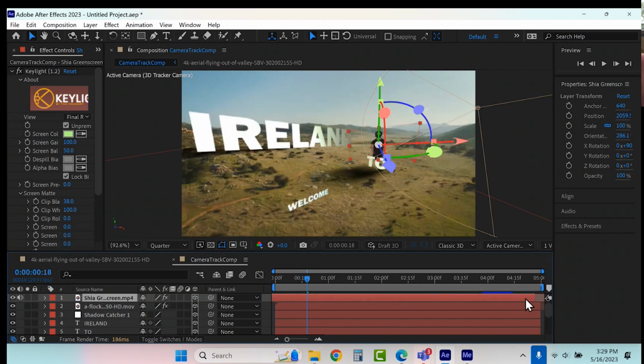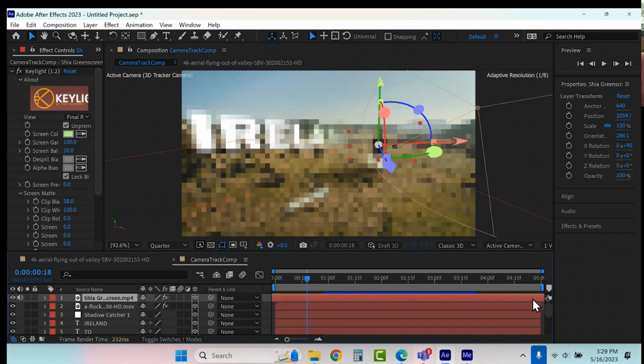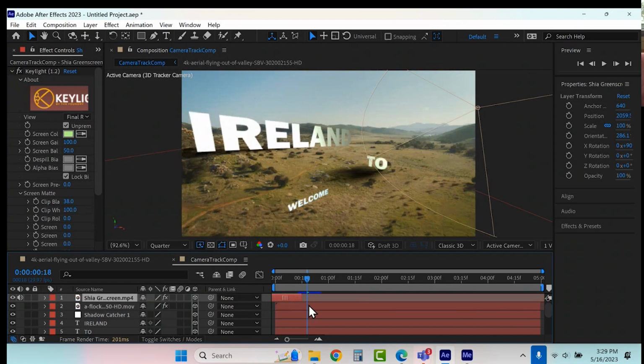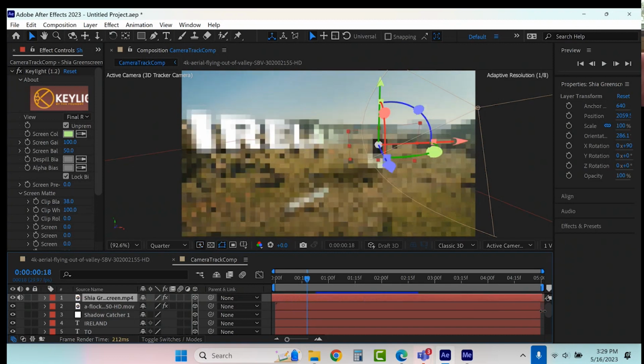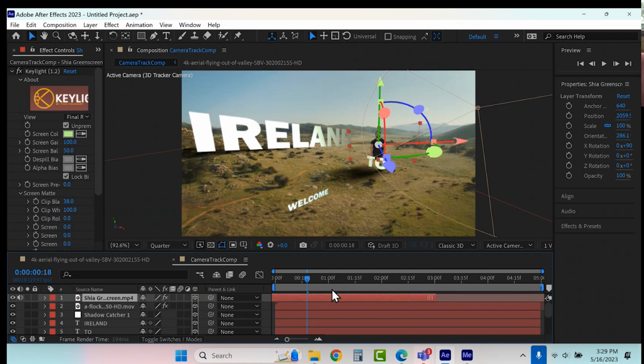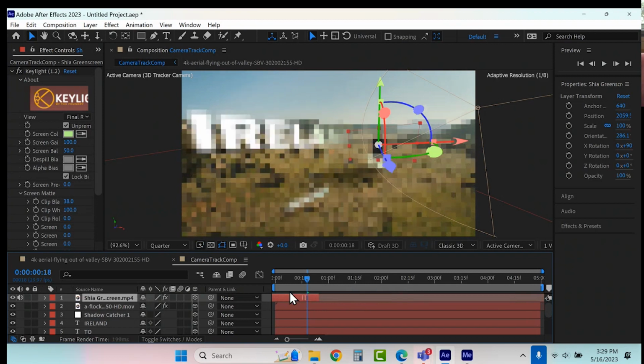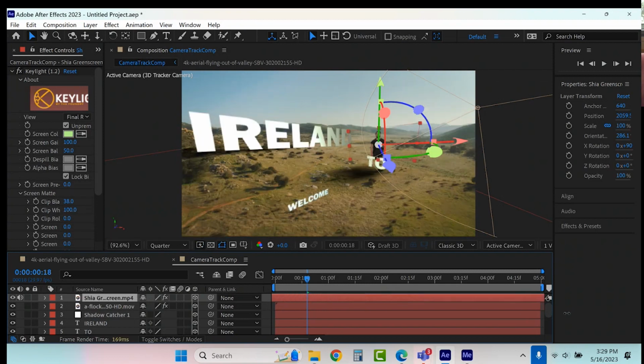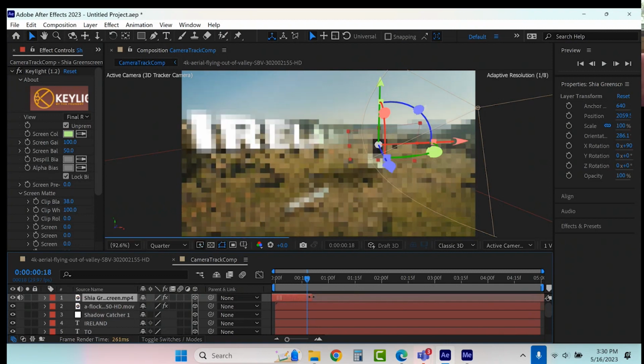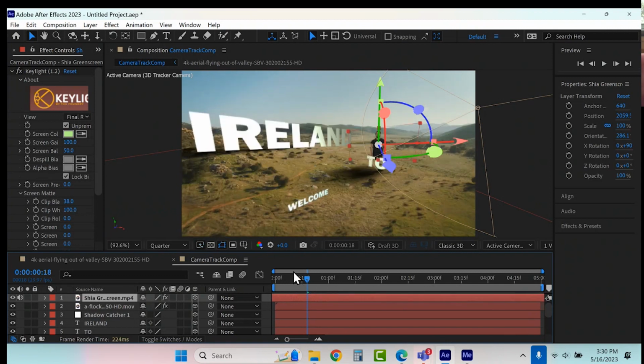I should trim it off and get talking on green screen, all kinds of crazy stuff. Come on, Shia, you're killing me here. Ah, well, I'm not going to waste my time.